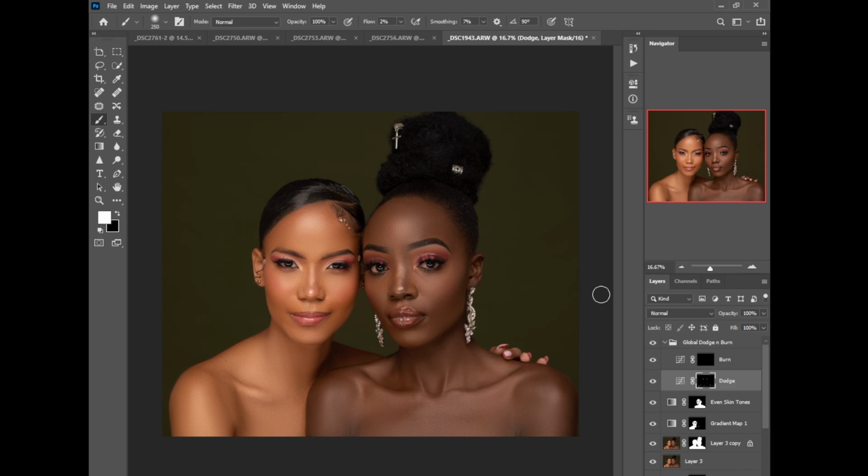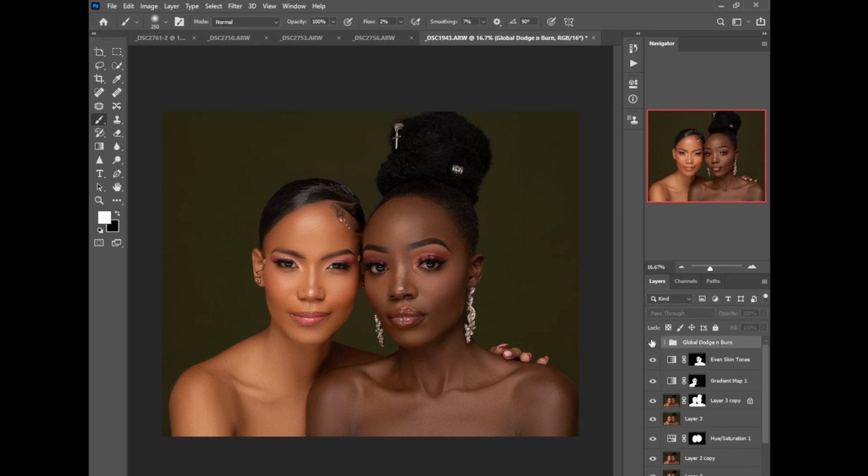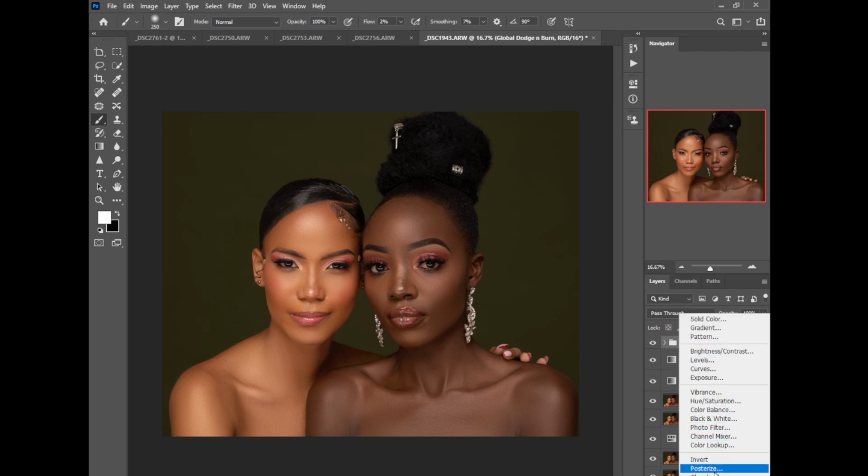Okay, so I go back to my shadows and just increase the size and burn this area right here. Burn this area right here. This area right here. Yeah. Let's see before and after. The next thing I need to do, I need to go to gradient map and select